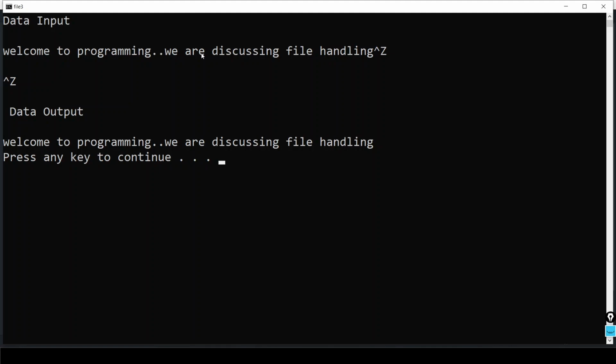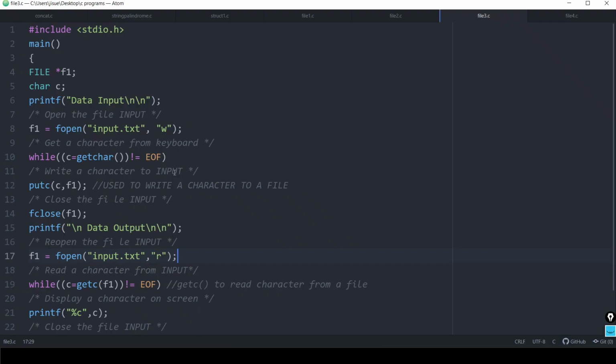Here instead of gets, using getchar we get the character, and using putc we save all those characters in a file, and then the file was closed. Here again that file was opened. Using getc, each and every character was taken from the file and printed using printf. So this is the output for this program.